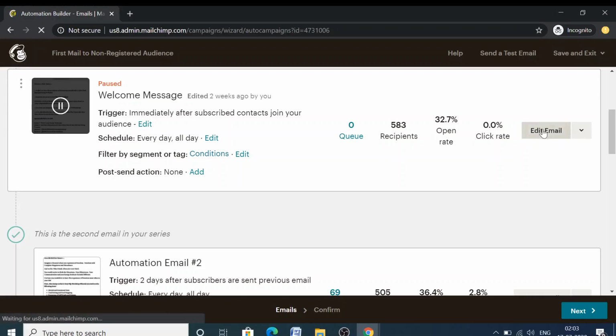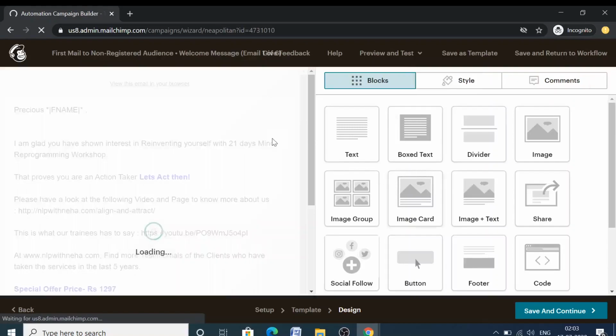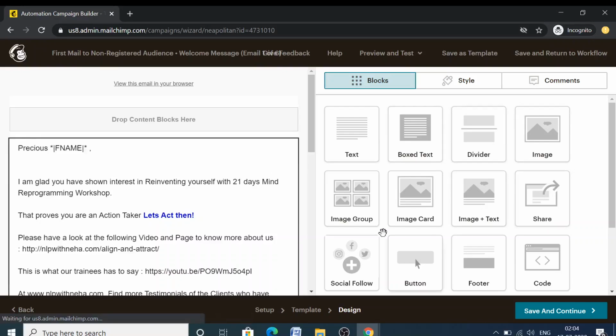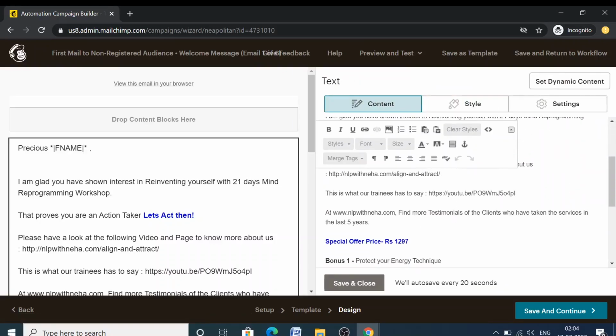So let's go on edit email, and then it will show all different things which we can add in the email. So right now it is the design, but we can also change the email ID it is being sent from, a lot of different things. Right now I'm going on to the design part. So here is this pencil icon you can see, where if you click on this you can do the editing. So let's click on this, and the editing part will open in here. Now it has opened, right? So this is the content which we have,